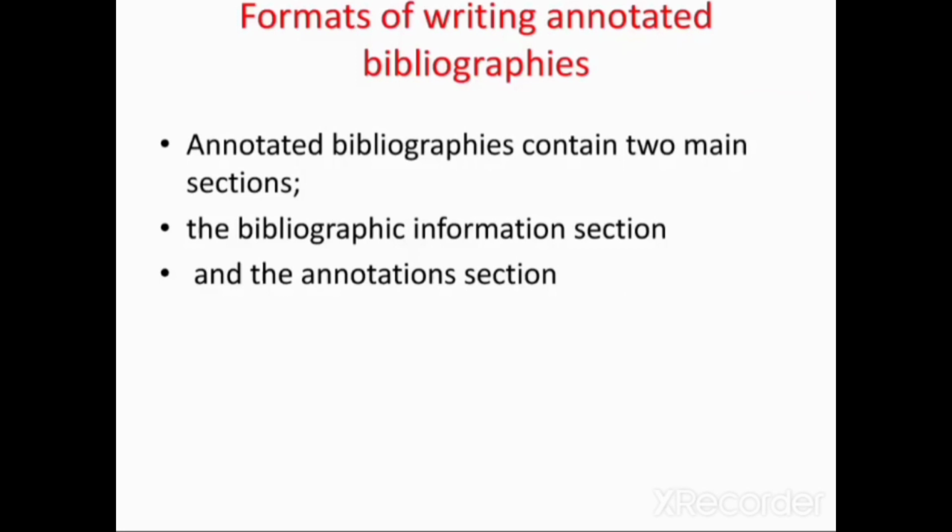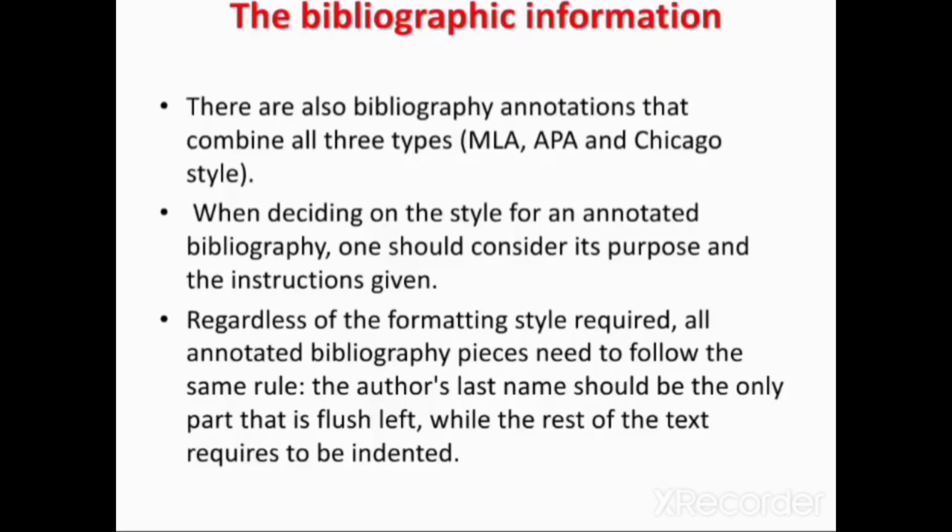Then, what is the format of writing an annotated bibliography? Annotated bibliographies usually contain two main sections, the bibliographic information section and the annotation section. In the bibliographic section, there are also bibliography annotations that combine all three types, like MLA, APA and Chicago style. When deciding on the style for an annotated bibliography, one should consider its purpose and